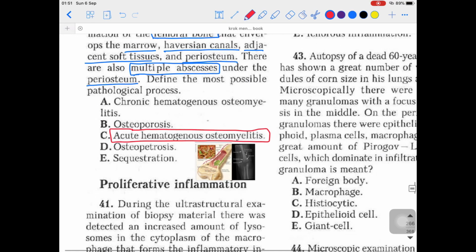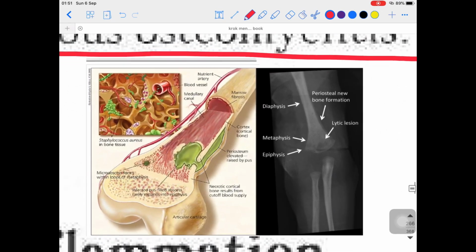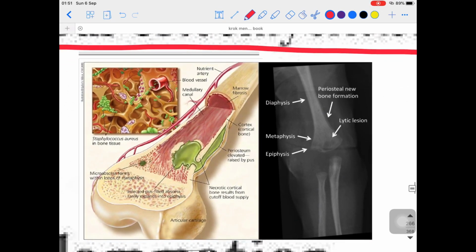Let me take you to some images of acute hematogenous osteomyelitis, how it actually looks. So here you are seeing some images. I am talking about this point over here, where you can see the blood vessel which is carrying some green kind of thing. They are the culprit over here. That can be the staphylococcus in this case, which is the bacteria causing this sepsis and causing the hematogenous osteomyelitis. Because I'm talking about the blood vessel, I can say that this is the hematogenous spread. The green color which you can appreciate over here.